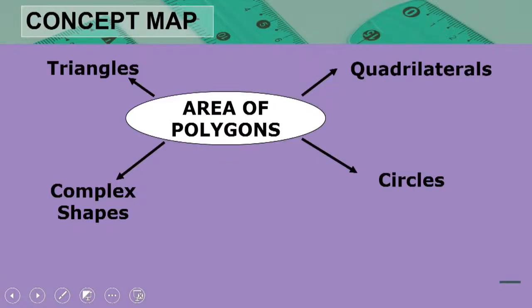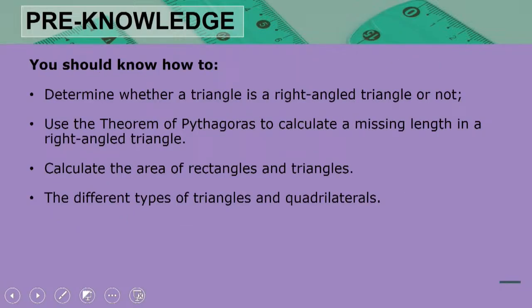This is our concept map for today's lesson. So we are going to be looking at the area of polygons and circles. So we have there triangles, which is going to be our first concept, then quadrilaterals, and then we're going to move on to circles, and lastly we are going to look at complex shapes. So for this lesson, you should know how to determine